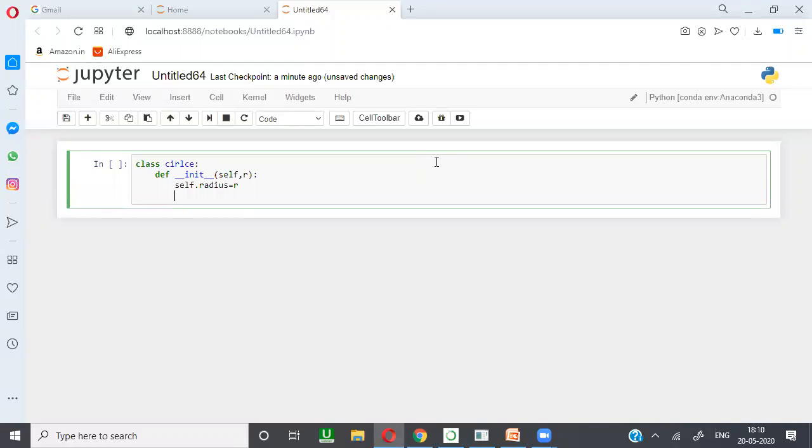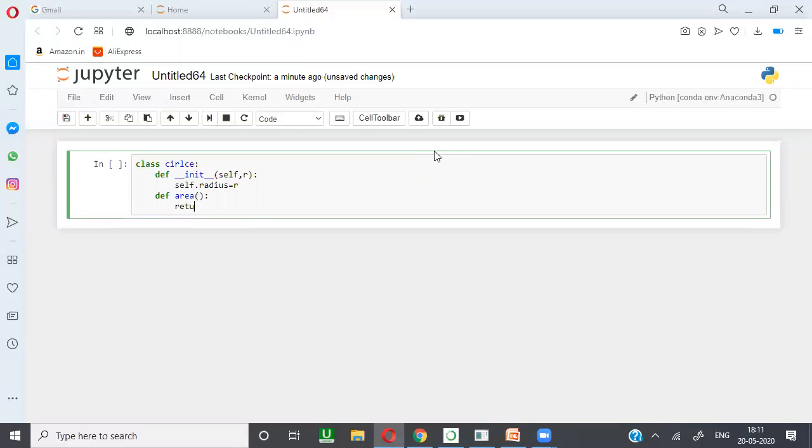Here radius is the property. So I'm going to define one method, area. It just returns 3.142 into self.radius into 2, means square.